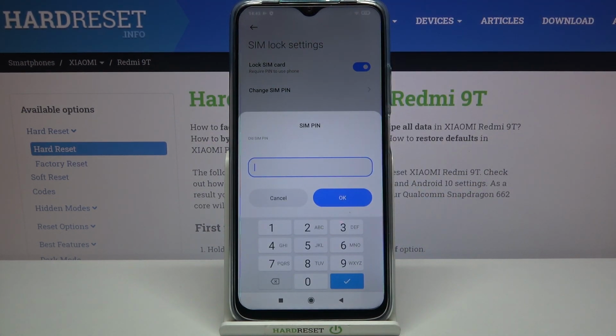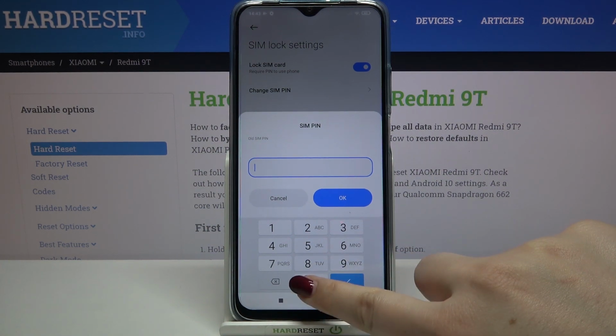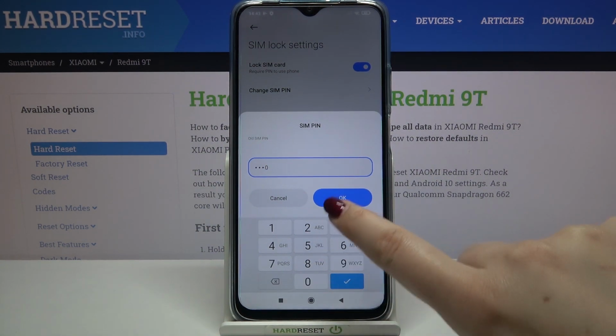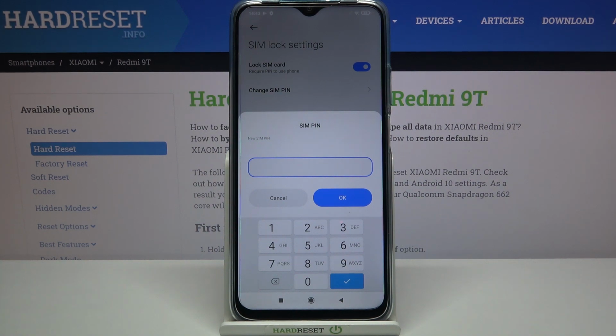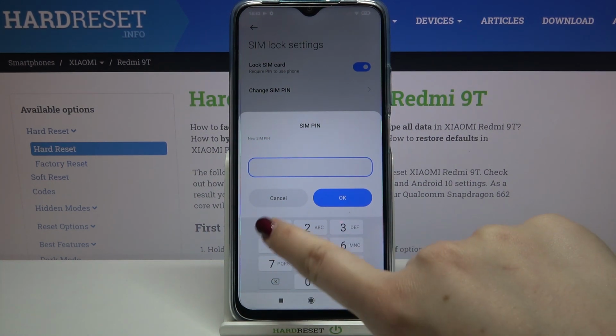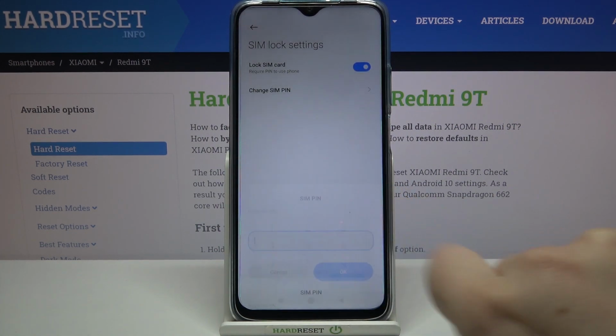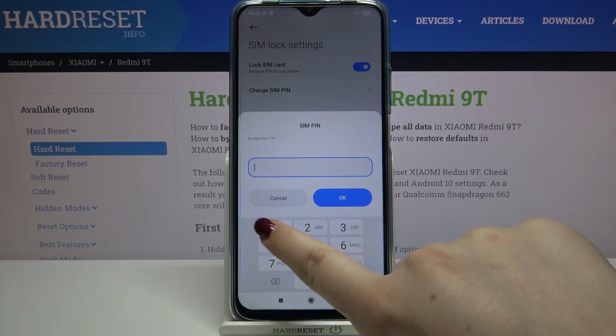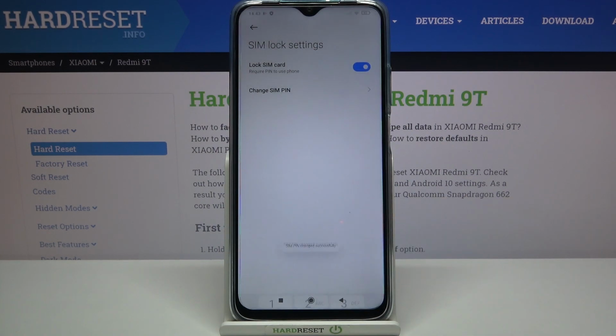Right now we have to enter our current SIM pin, so let me do it. Okay, let's tap on next. On OK actually, and here we have to enter the new SIM pin, so let me enter it. Tap on OK, and right now we have to retype it, so let me do it and again confirm it